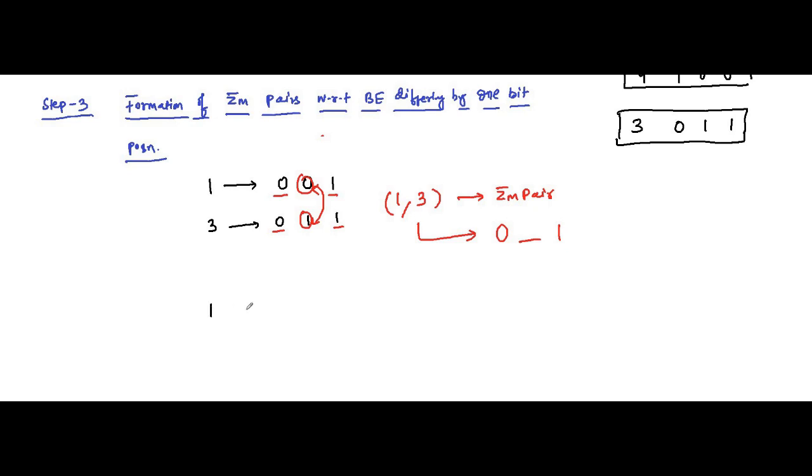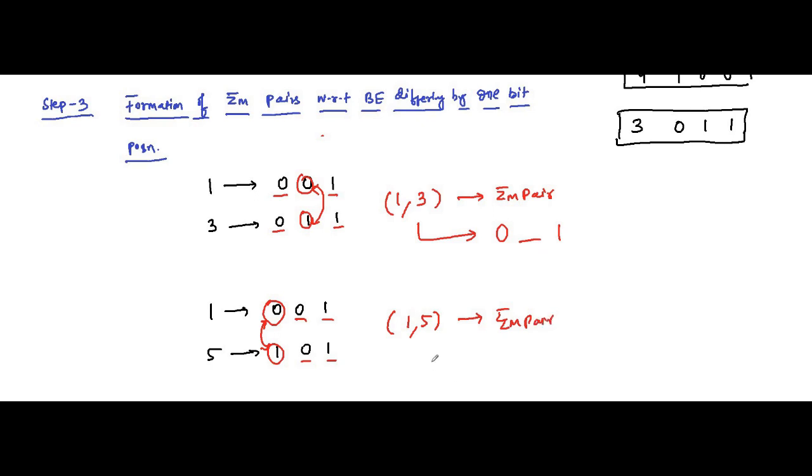Okay, 1 is 001, 5 is 101. So here if you see again, here it is 0, here it is 1. It is differing here in the MSB position. Here it is 0, here it is 0, it is identical. Here it is 1, here it is 1, it is identical. So it is identical in the middle bit and the LSB bit, but is differing only in the MSB bit. So yes, a minterm pair can be formed. This is 1, 5, a minterm pair,